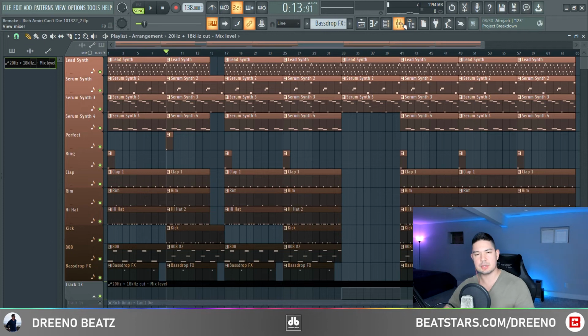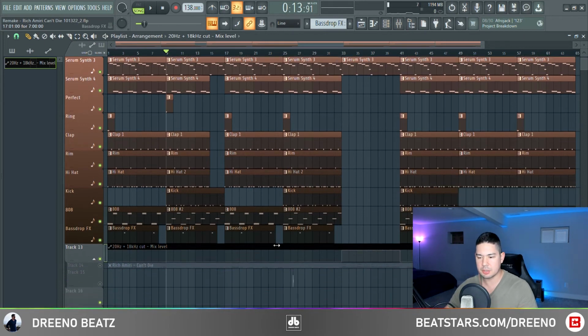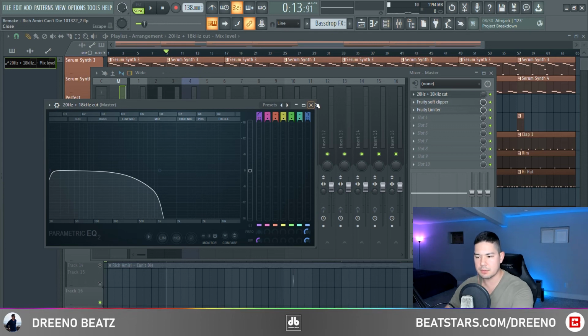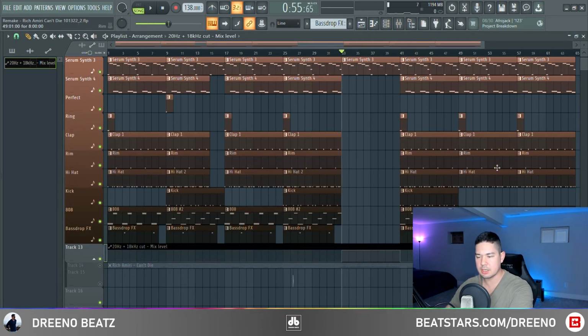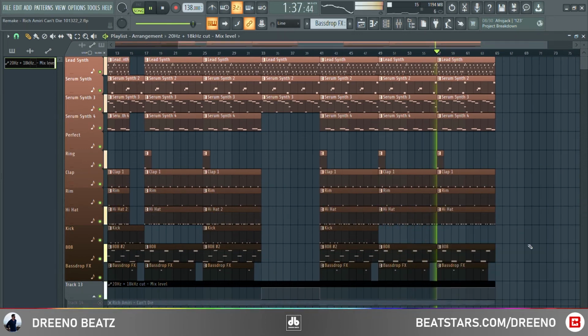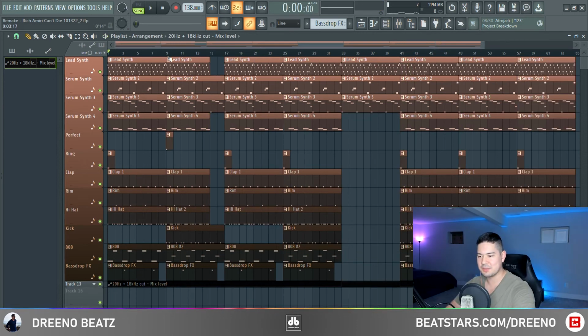So lastly, just to show you guys, you have this EQ automation clip on the bottom here that comes in occasionally. For this, we're just gonna cut out a lot of the higher frequencies. So it activates right here. And at the end, when you still have some drums playing. Other than that, that's the full beat, guys.